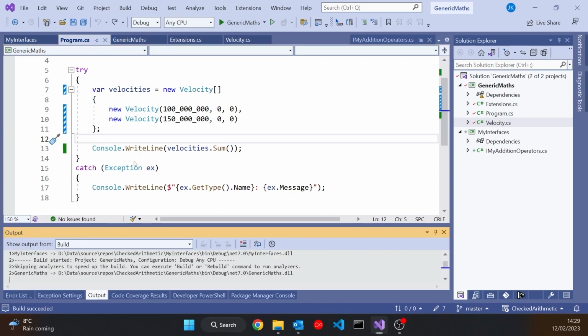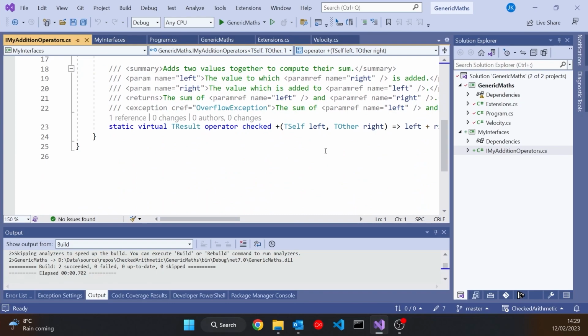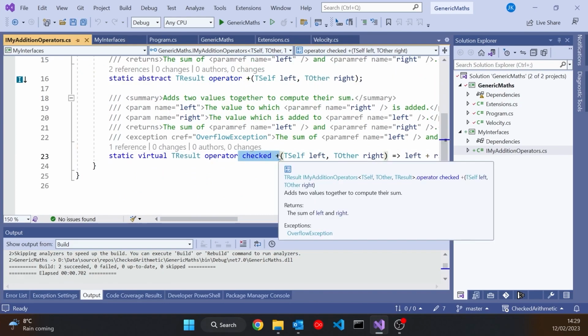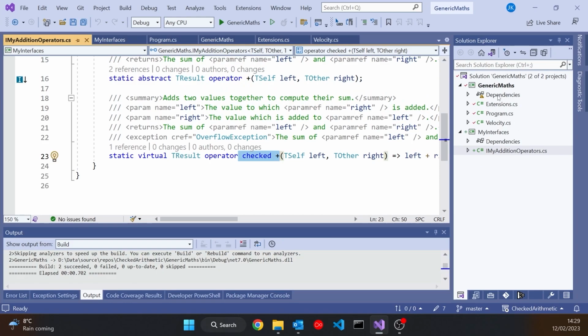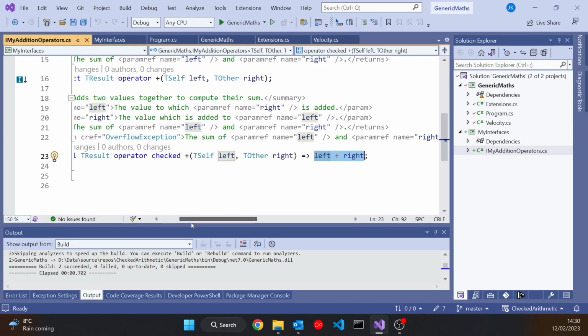When we run this, we don't get the Stack Overflow because the actual plus in here is being run unchecked. And so although it comes in as checked because it's being called from our library, which is checked, its own library is unchecked, and so this one calls the unchecked version, and everything works okay.